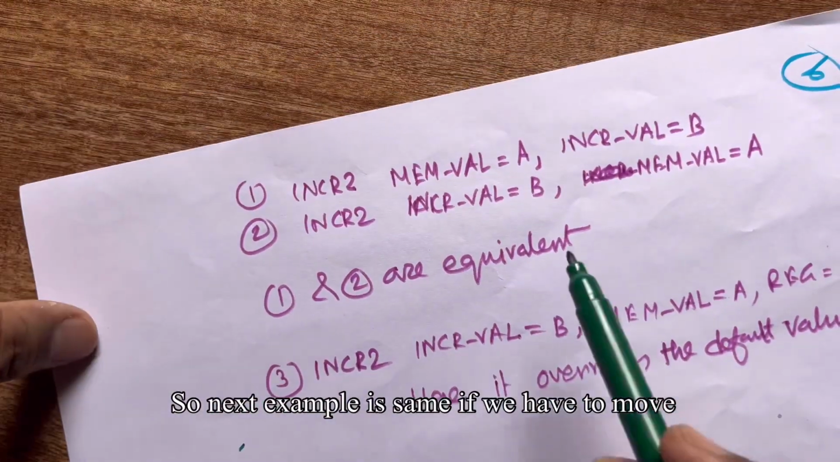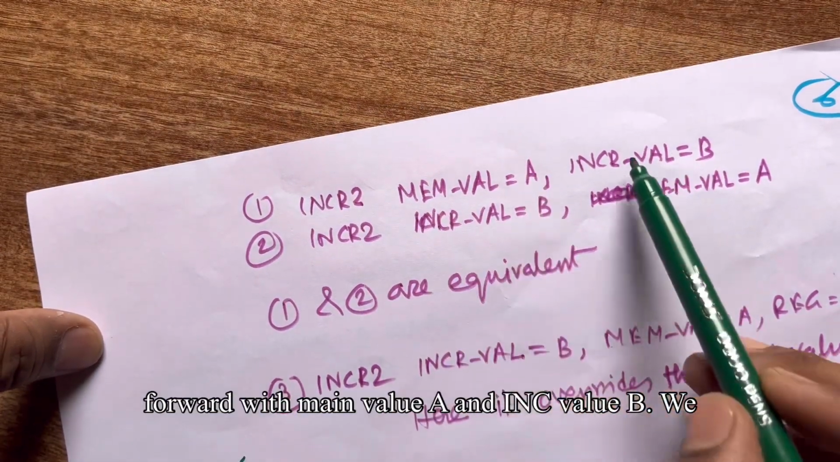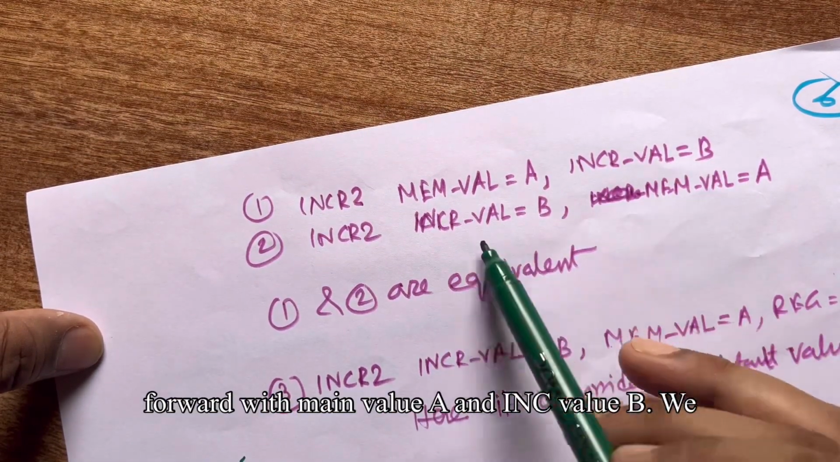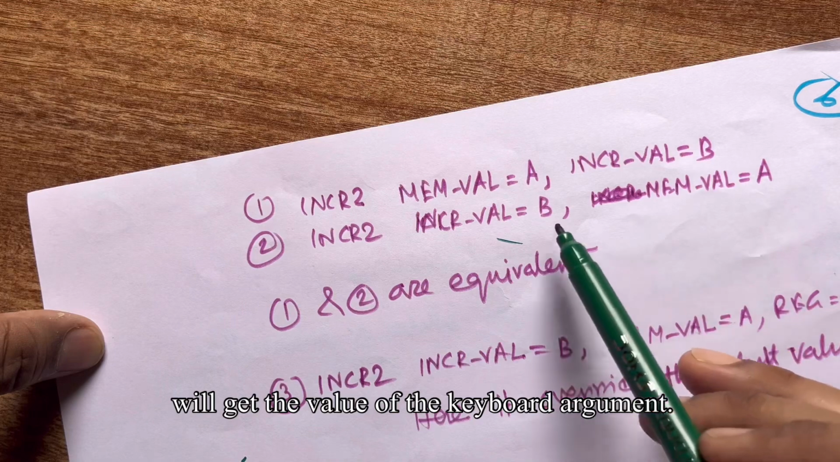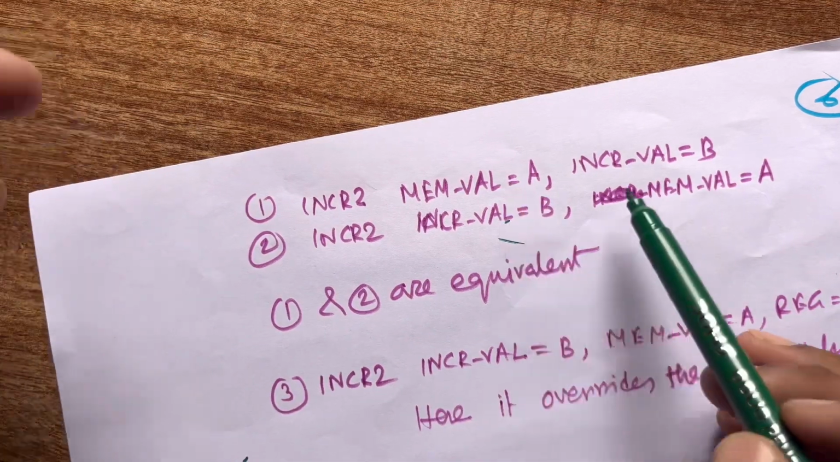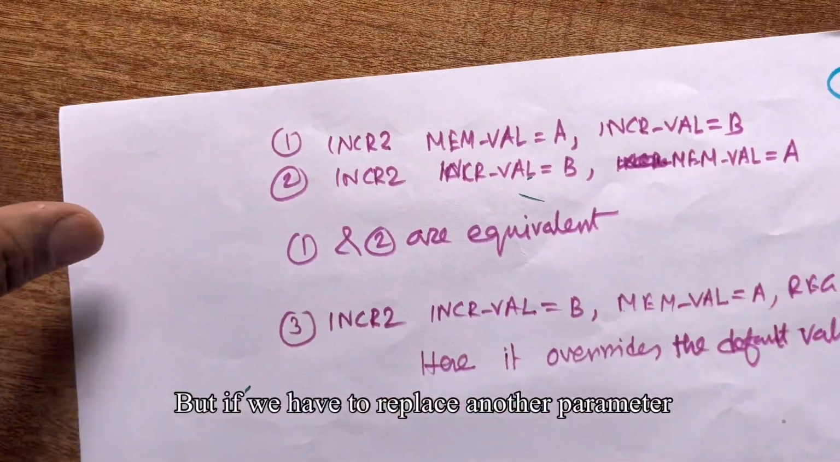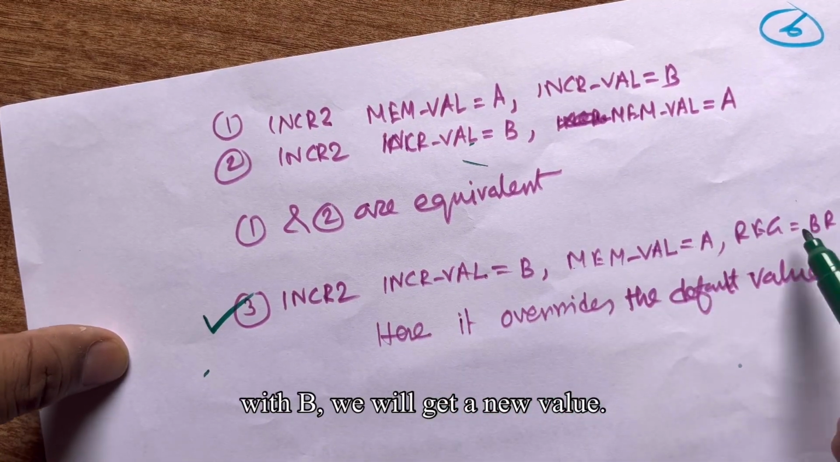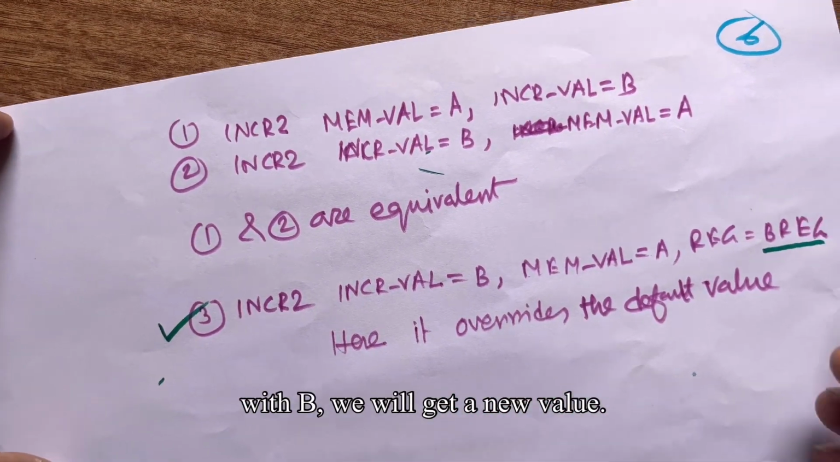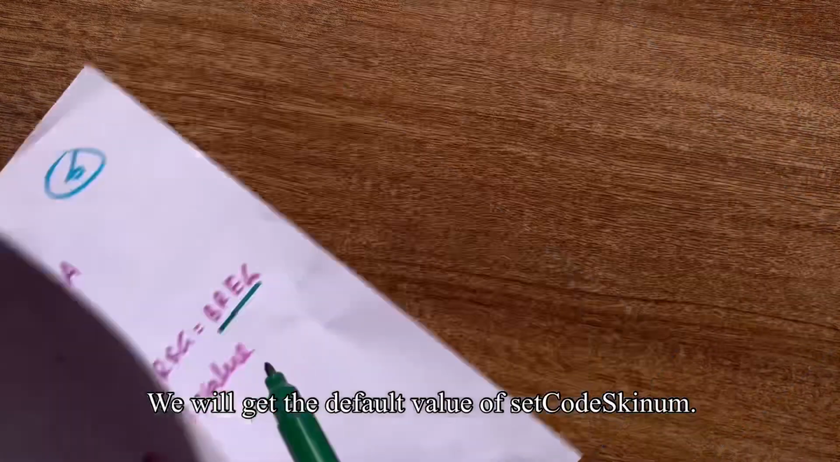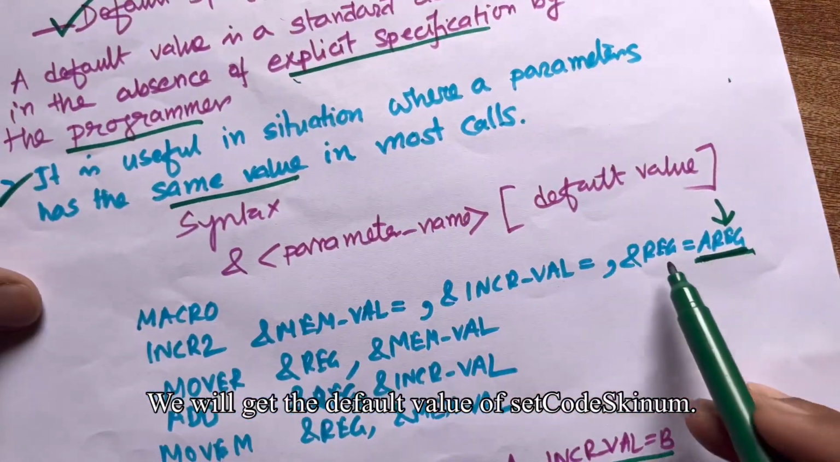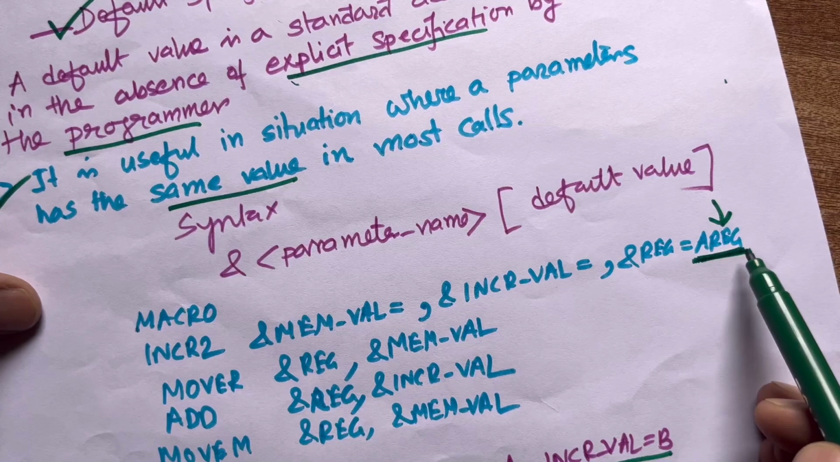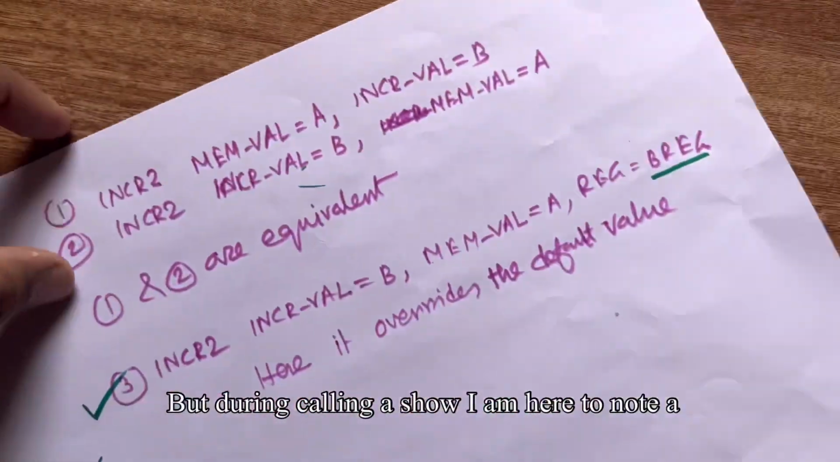তো নেক্সট এক্সাম্পল দেখো, এই সেম যদি আমরা মেম ভ্যালু A আর ইনিশিয়াল ভ্যালু B আগে পরে পাঠাই, কারণ এগুলো সব কিবোর্ড আর্গুমেন্ট হিসেবে আছে, কোনো অসুবিধা নেই, যার কাছে যাওয়ার সেই ভ্যালুটা পৌঁছে যাবে। কিন্তু যদি কলিং এর সময় আমি এখানে B দিলাম, A দিলাম, আরেকটা প্যারামিটারে নতুন একটা ভ্যালু দিয়ে রিপ্লেস করলাম, তার মানে আমরা ডিফল্ট সেট করেছিলাম যে ডিফল্ট ভ্যালুটা হবে রেজিস্টার A, কিন্তু কলিং এর সময় আমি এখানে নতুন একটা